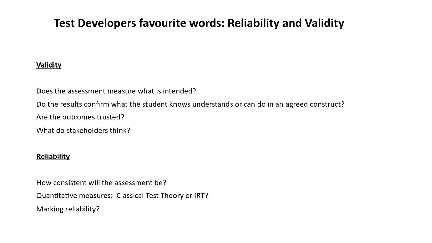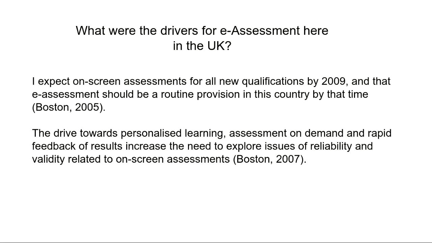And reliability is a subset of validity, because validity can't happen unless the actual results themselves can be trusted to be reliable. Some of them are calibrated by classical versions of reliability. Some of them are now using psychometric measures, which is the one that I'm going to talk about today. And obviously then, how reliable is the marking? So all these things are crucial subsets of assessment validity.